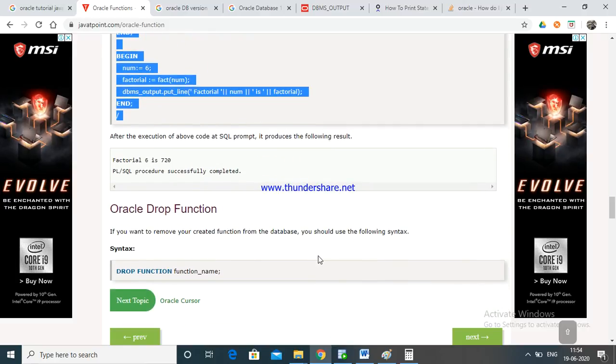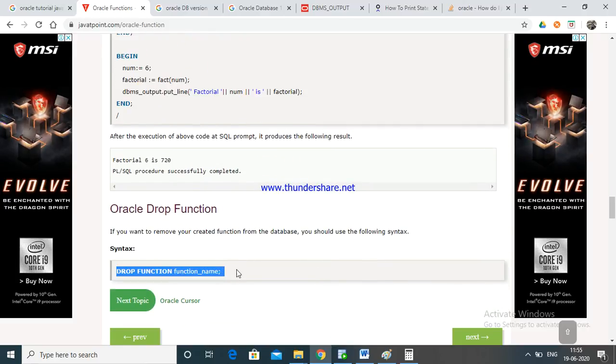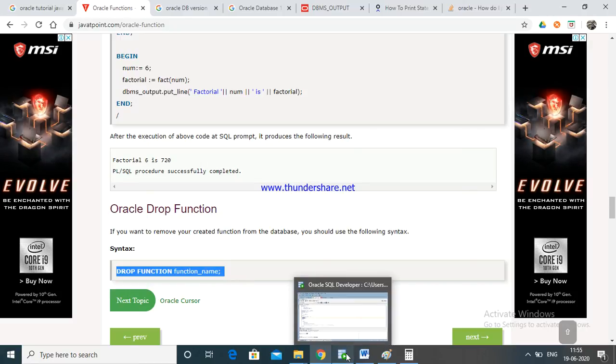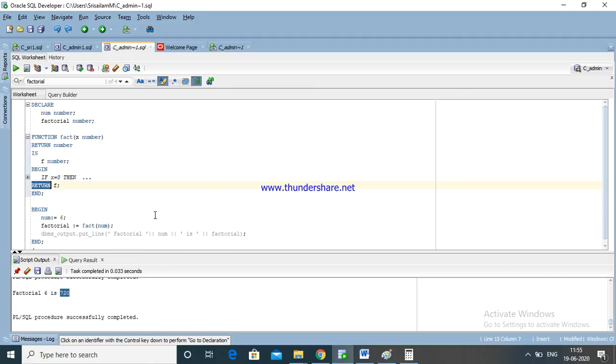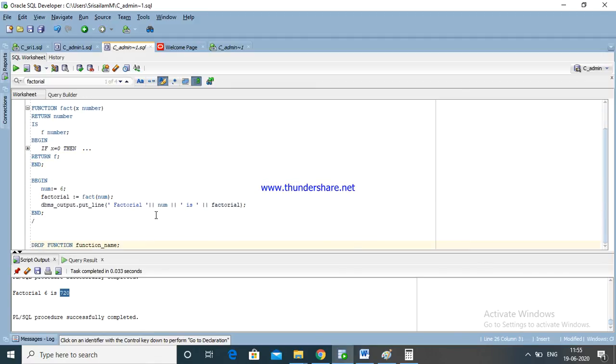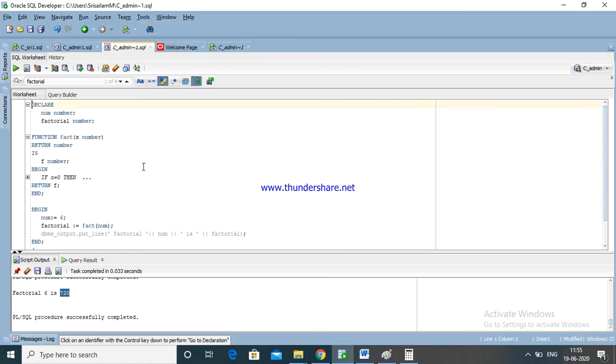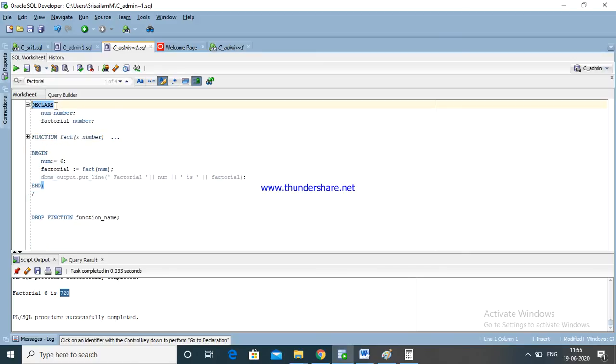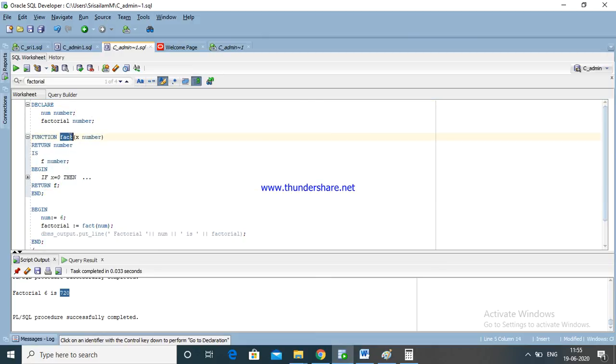Now the drop function. We are going to use drop function name. What is my function name? My function name is fact.